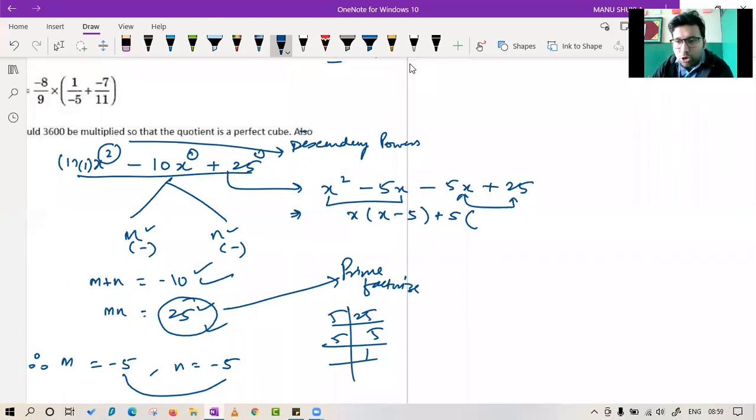No Harshul, try to be correct. Yashna, that I will take later on. First, tell me what is left inside right now. I have taken plus 5 as common. Kindly see properly. I have taken plus 5 common. What will be right in the bracket?